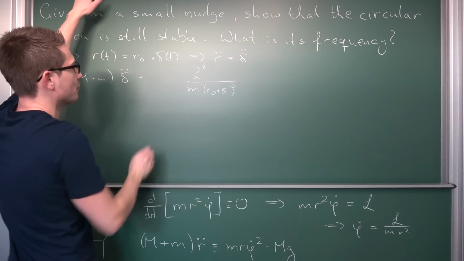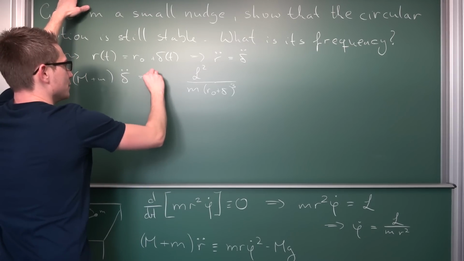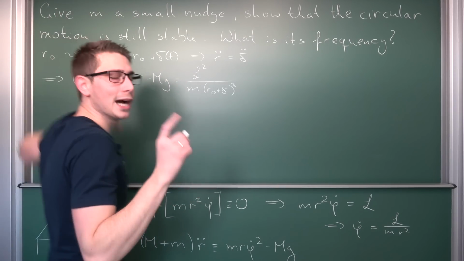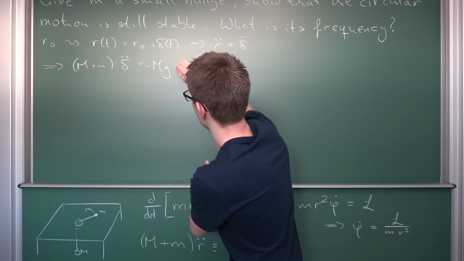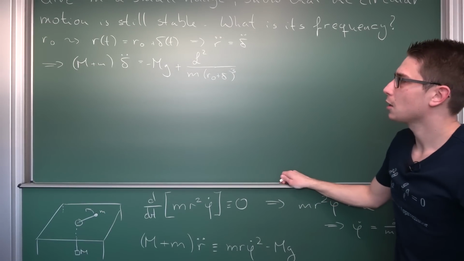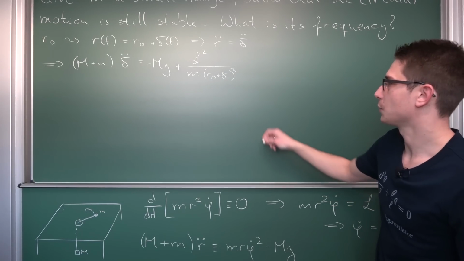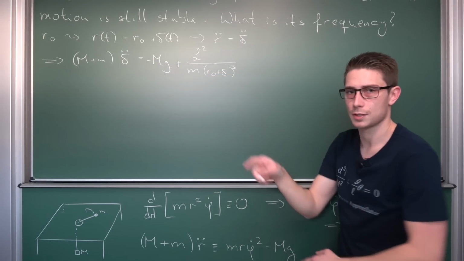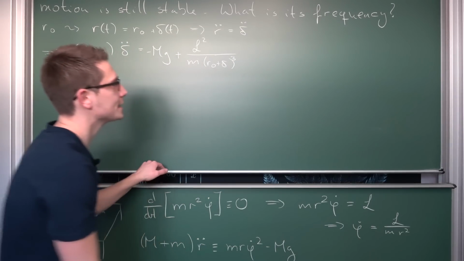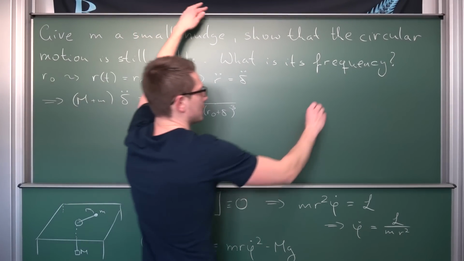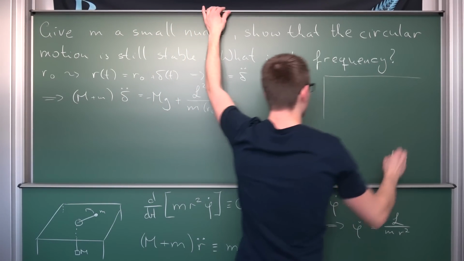We don't have this m factor in the front, and then negative m times g. Okay, now we are on the right track yet again. This is supposed to be a plus. And now we can start doing approximations on this whole thing, because you see we have this cube term down here in the denominator, and we can actually expand this a tiny little bit, okay, using just binomial theorem.